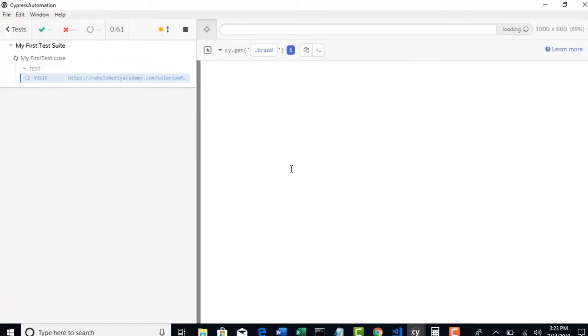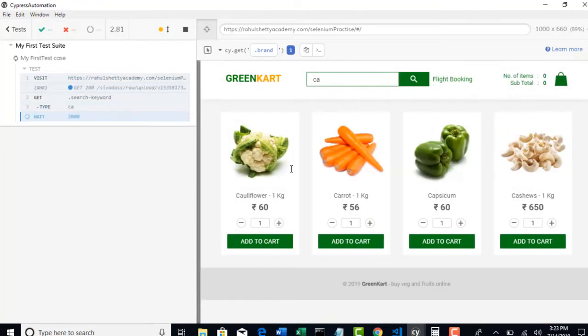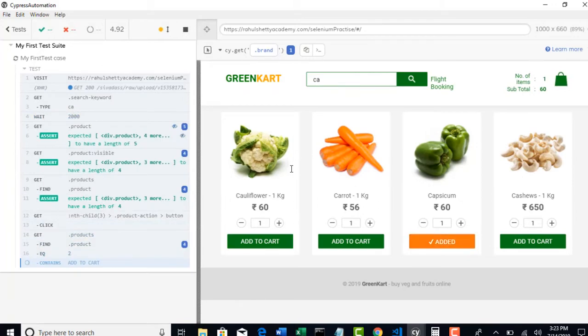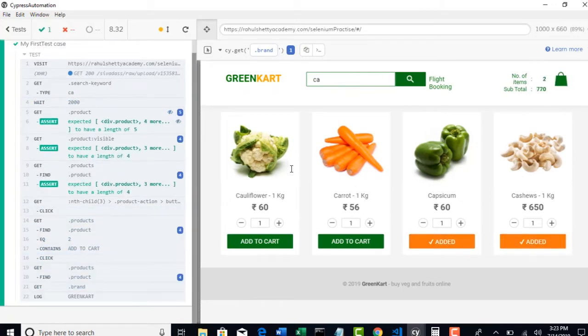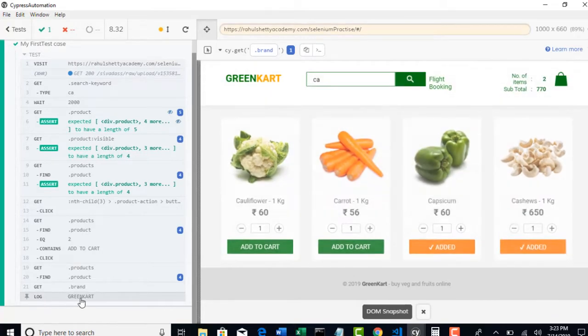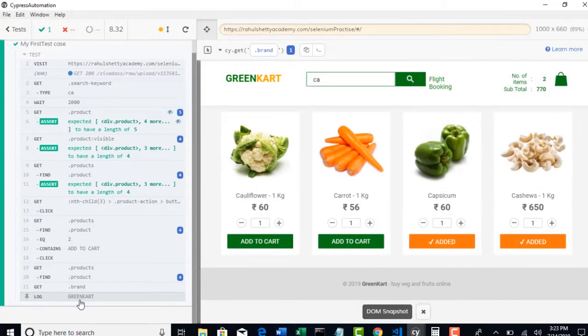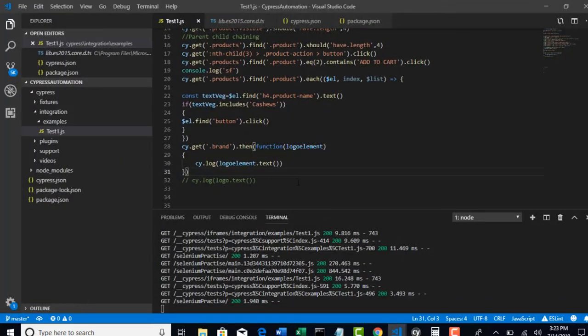Save this again, and don't worry, I'll explain to you again how tricky it is. Perfect. You see that the log green cart is printed in your output. Then why did that complain earlier with an error message? We did the same thing, right? We actually took that into one variable